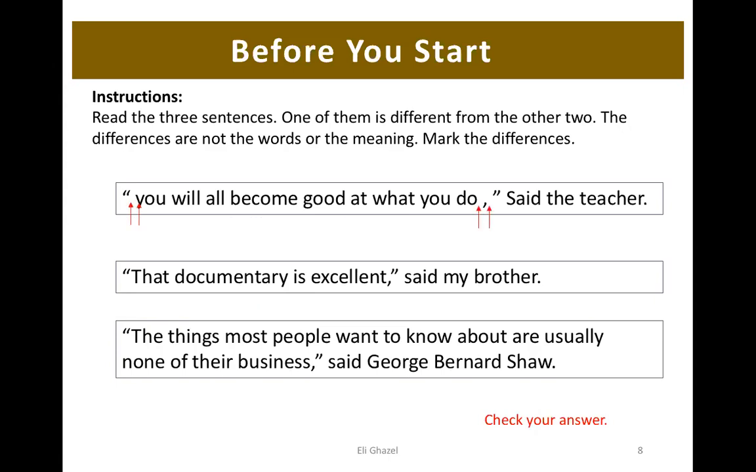Oh, look what we noticed. After the quotation mark, there's a space, whereas in the other two there is no space. The U starts with a small letter, whereas in the other two they start with capital letters. After the end of the quote, we have a space and a comma in this one, and in the other two, they don't